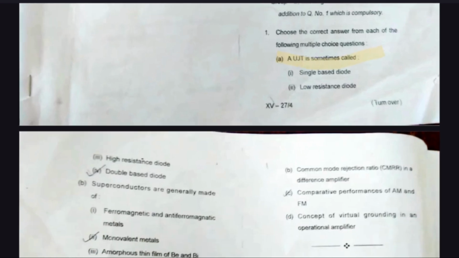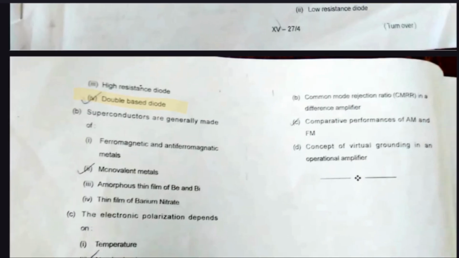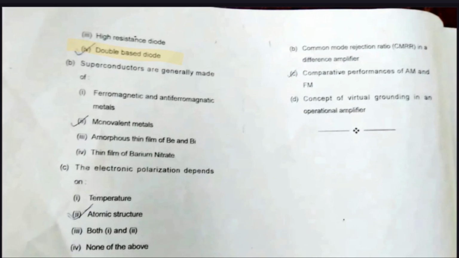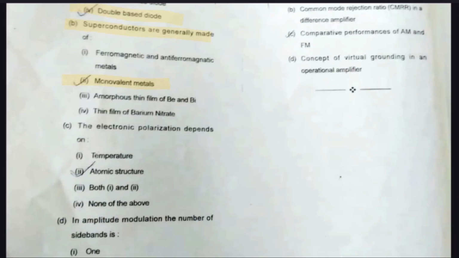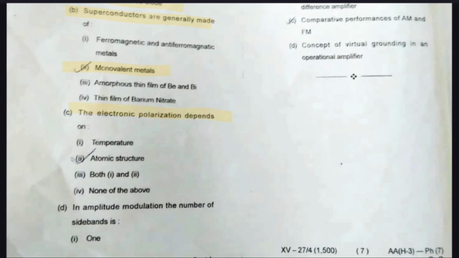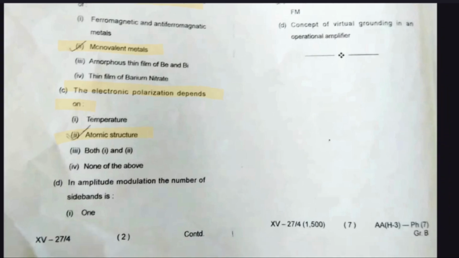2017. First question, a UJT is sometimes called a double base diode. B, superconductors are generally made of monovalent materials. Question number C, the electronic polarization depends on atomic structure. Question number D, in amplitude modulation, the number of sidebands is